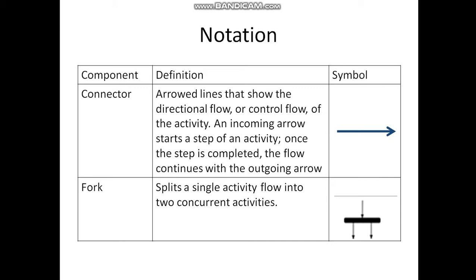Fourth, fork. Sometimes some activity creates parallel activities. As an example, consider online air ticket booking system. When we go through the activity in this system, definitely we will meet payment activity. Customer can do payment via credit card or cash. In that case, payment activity divides into two parallel activities, pay via credit card and pay via cash. To represent this type of situation, we need to use fork symbol.